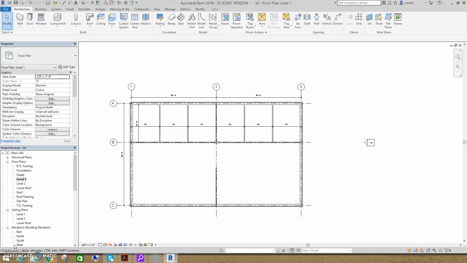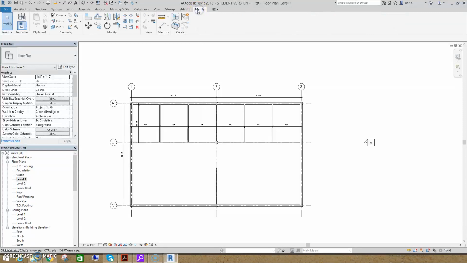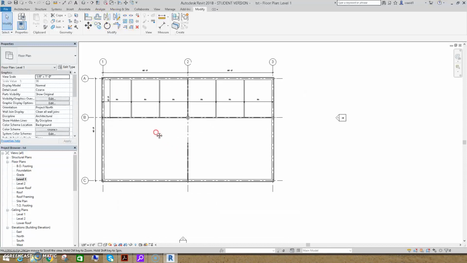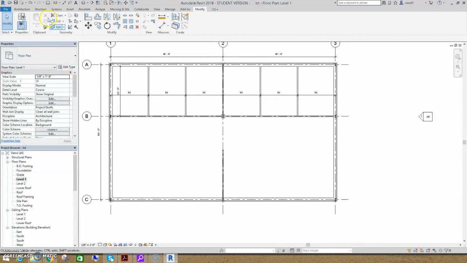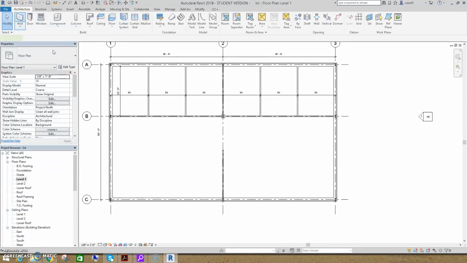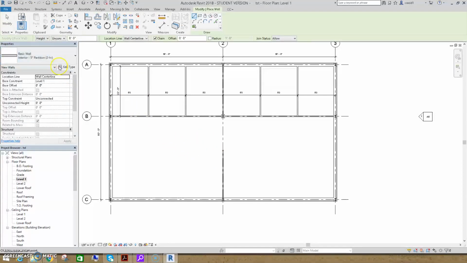In this video, I'm gonna continue working on my small office building, and I will specifically focus on the modification tools, which is located on the ribbon, the last tab, and the modifying tools are located in the modify panel over here. Okay, to begin with, let me just add another wall, interior wall,